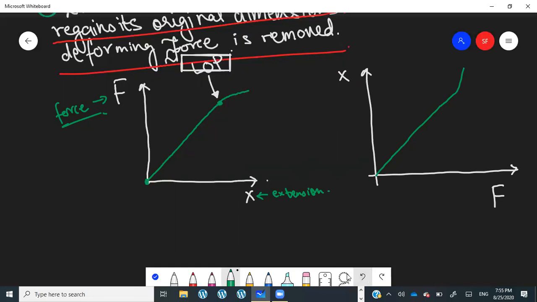Okay. After this, where should I place the elastic limit point? This is the limit of proportionality. Where will the elastic limit come? Before the limit of proportionality or after? After. Okay, so shortly after the limit of proportionality, we'll have the elastic limit.